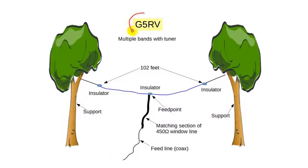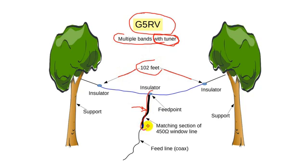The G5RV antenna was developed by a British amateur and is a classic. If all conditions are ideal, it will give a good match on all HF bands, but in practice, you'll likely require a wide-range tuner. The antenna is 102 feet long and has a matching section of 450 ohm window line. MFJ is among the many manufacturers providing these. I've also spoken on the air with several satisfied G5RV users, and shorter versions are available if you don't want